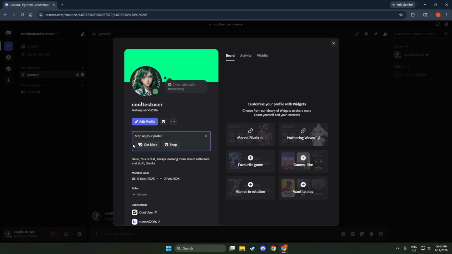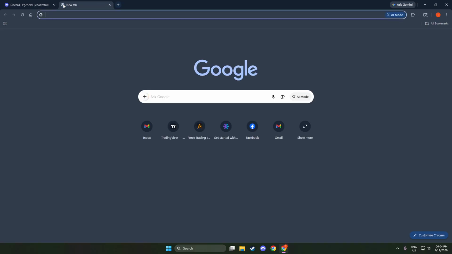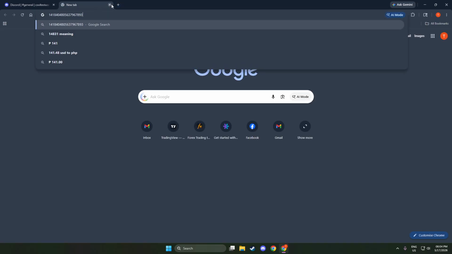Finally, paste and share it. Open the place where you want to send it. This could be a Discord message, an email, a text, or a document. On desktop, right-click and choose Paste or press Ctrl-V on Windows or Command-V on a Mac. On mobile, tap and hold in the text field and choose Paste.